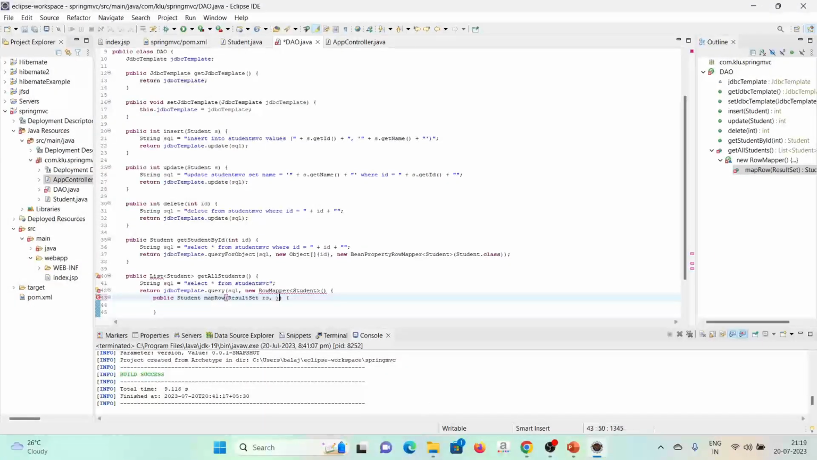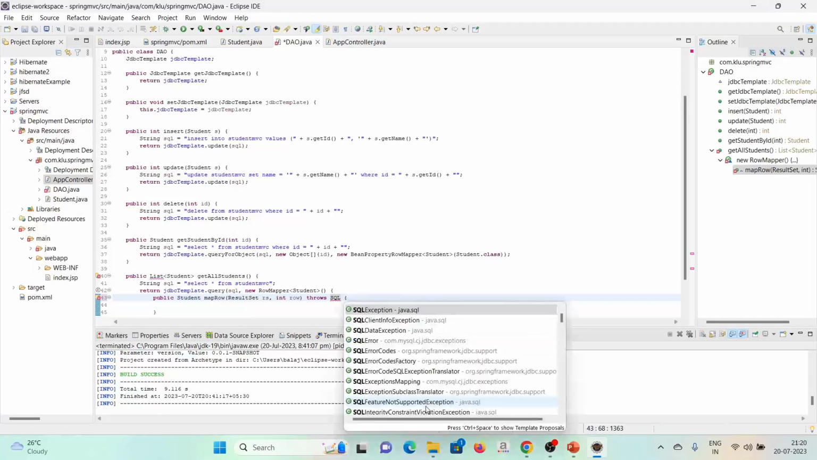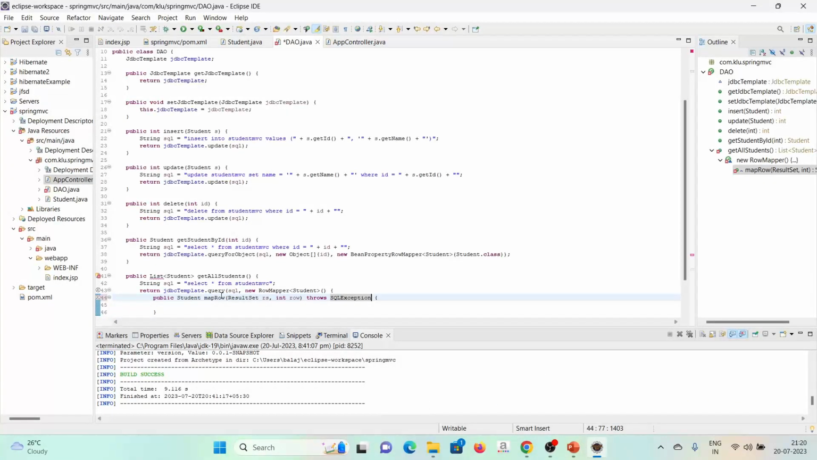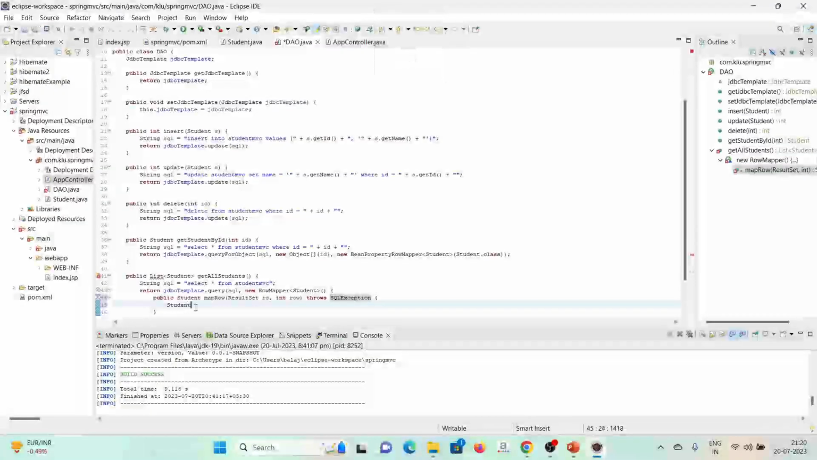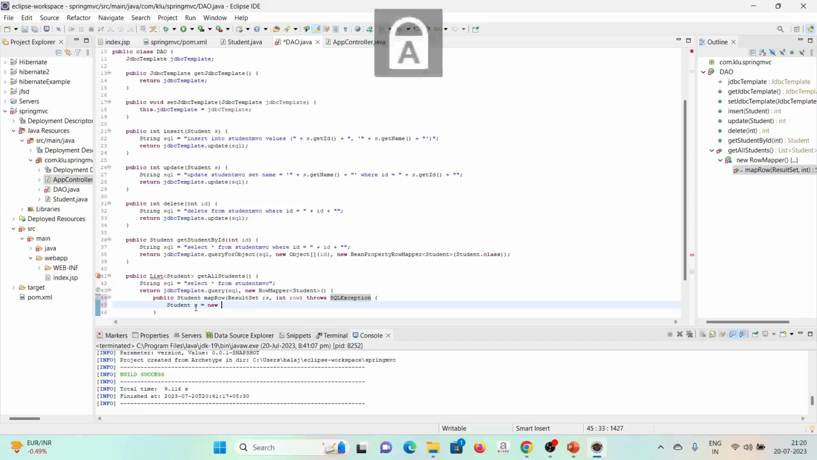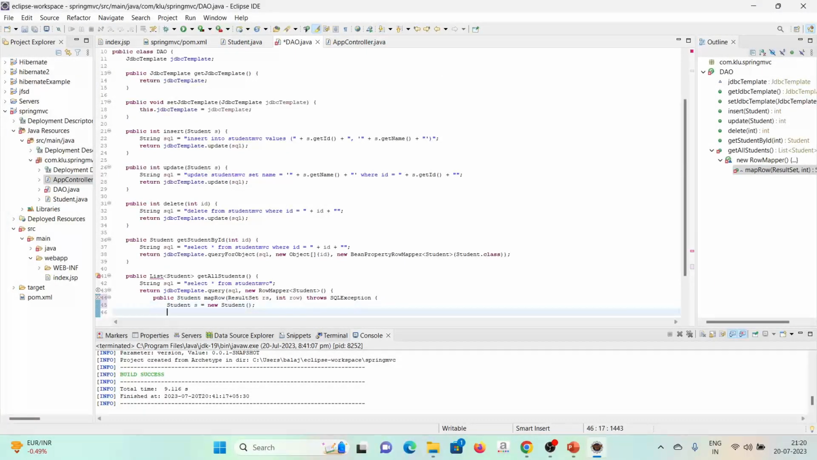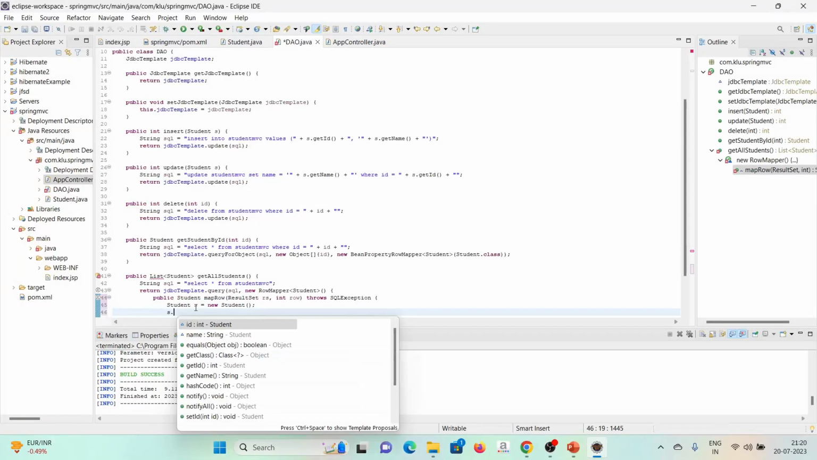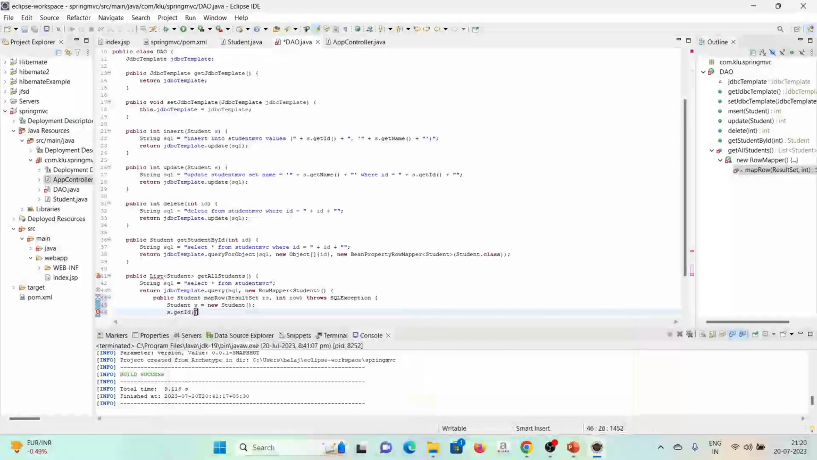The row is actually int row, which throws SQLException. And inside this just create an object for Student, Student s equal to new Student, and then just set the values for s.getId as